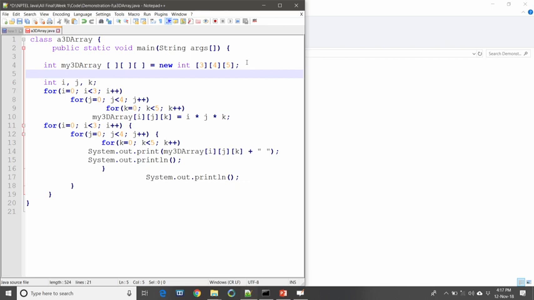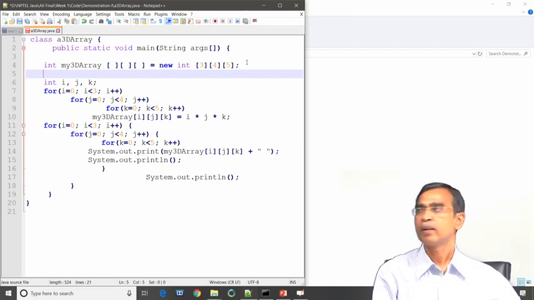So, here we declare an array of type integer and we gave the name of the array as my3DArray. As it is a 3D array, it should have 3 square brackets as shown here, and then this array will be declared and then memory allocation. For this memory allocation we use the keyword new. New is basically a memory allocator. So, it will allocate the memory